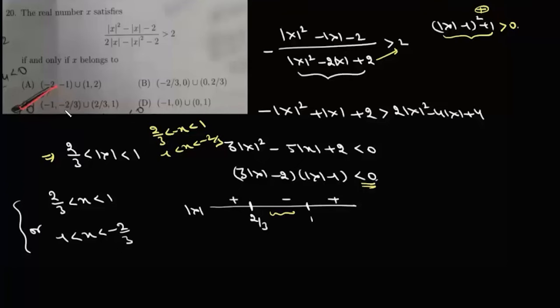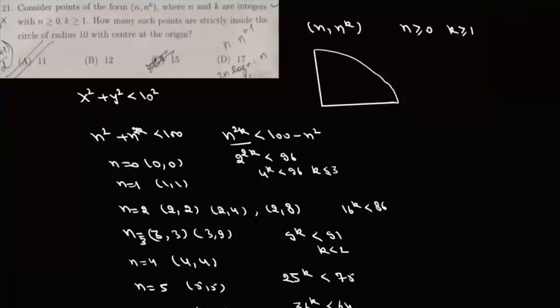So the answer to this question is option C. Now the question is: consider the point of the form (n, n^k), where n is greater than or equal to 0 and k is greater than or equal to 1, inside the circle x² + y² = 100. If the point lies inside this circle, then